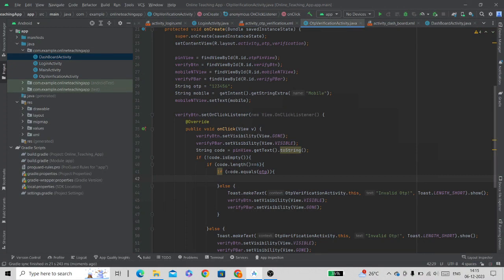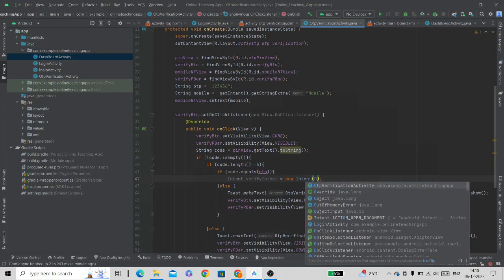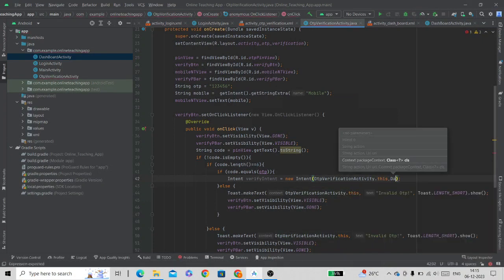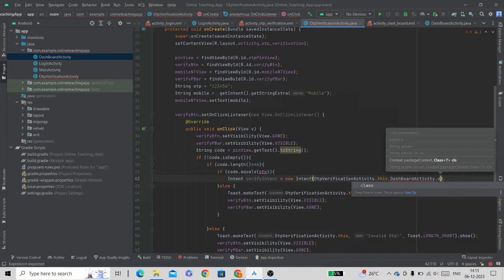So now here if the code is equal to the OTP, then we will create an intent, verify intent, equal to new intent, and inside this bracket we will pass the current activity, which is OTP verification activity dot this, and the next activity, which is dashboard activity dot class.